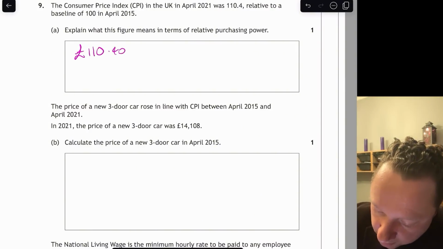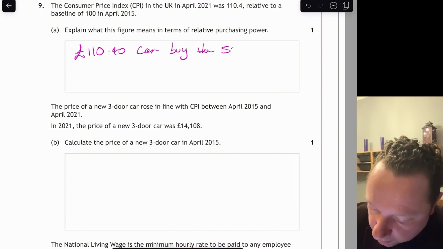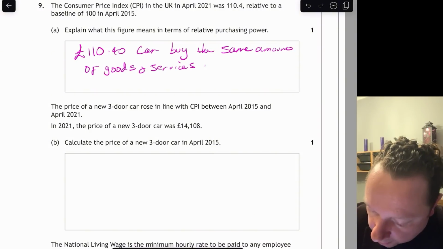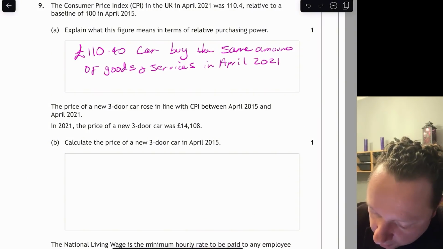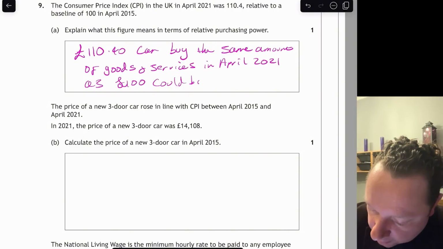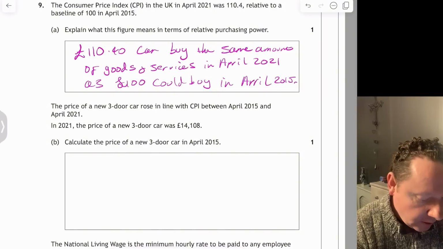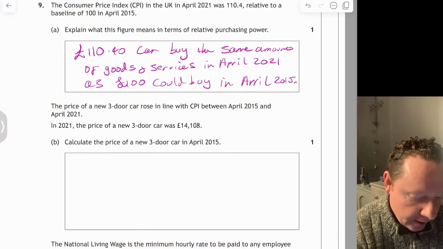£110.40 can buy the same amount of goods and services in April 2021 as £100 could buy in April 2015. Simple as that. Right, the price of a new 3-door car rose in line with the CPI between April